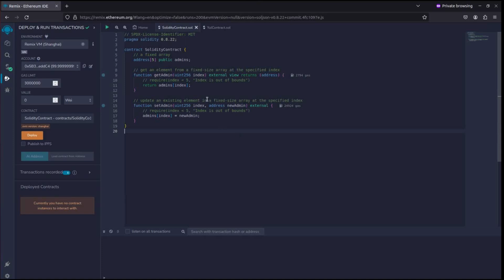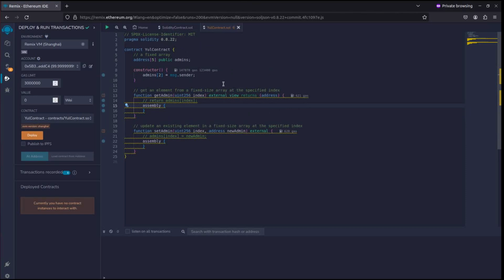Hello. In this video we're going to go through fixed size arrays by setting up the getter and setter functions for the admins array. Before we start, you will notice these required statements have been commented out. That's because this video is only about the fixed size arrays, and there will be a later video in which we will handle these. So let's get moving to the old contract,